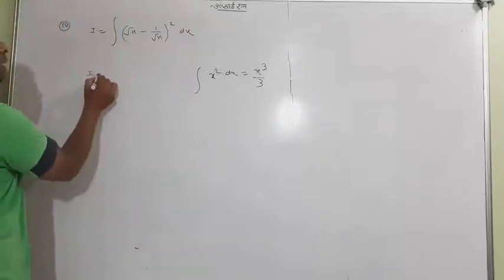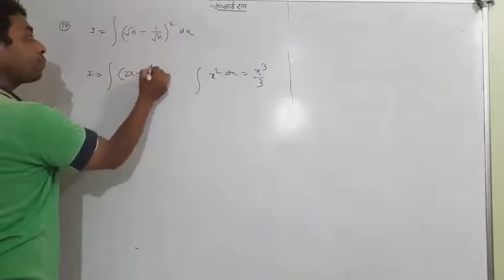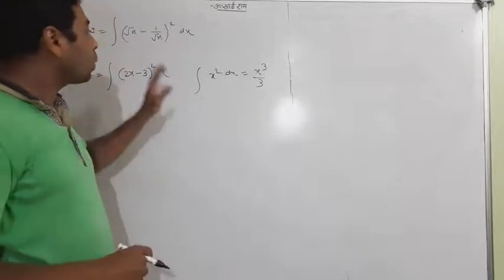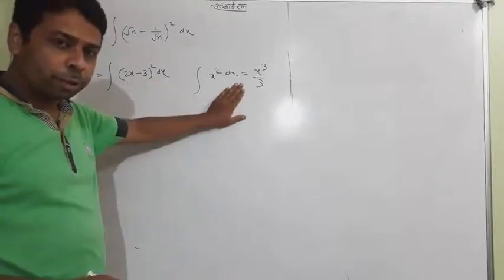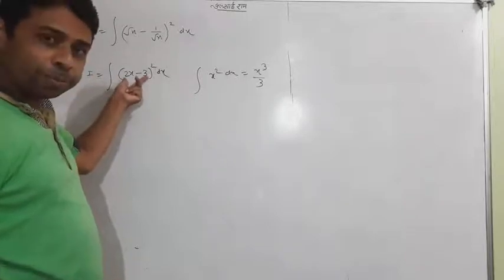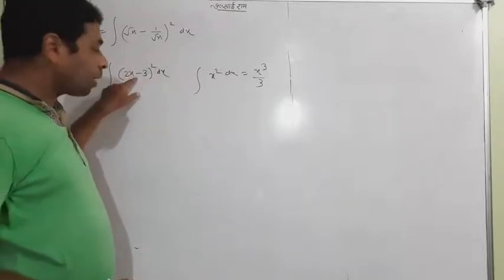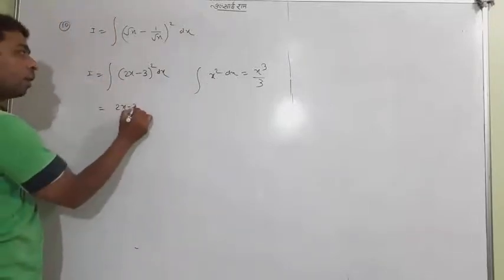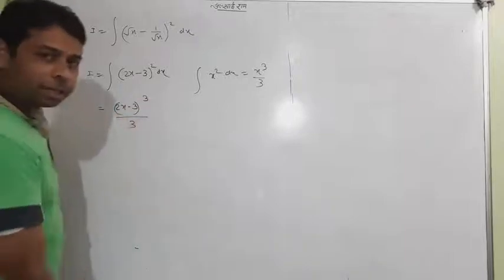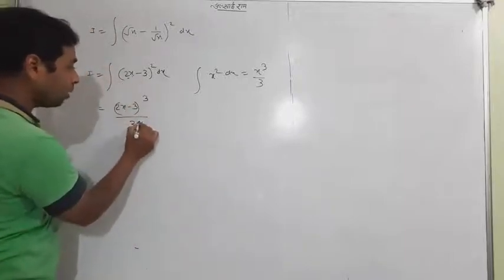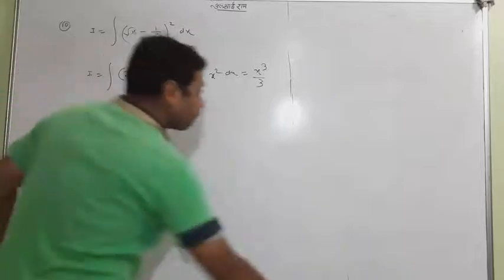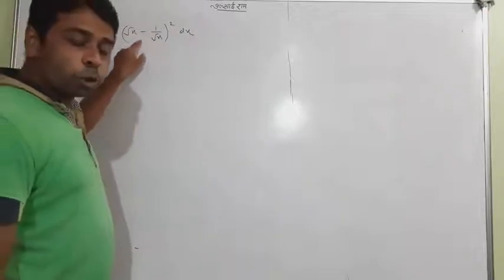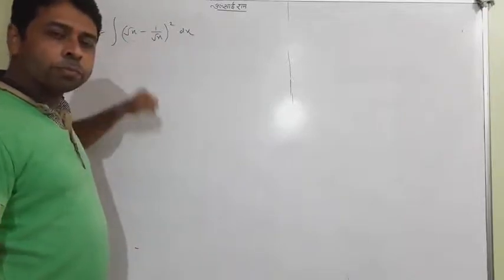If this question were like that, believe me, trust me, you could use the same formula here, whatever you have done before. Because it is a linear form. So if a linear form is coming instead of x, you can use the formula. Meaning you can give the answer like 1 will be added in the power, the same will come in the denominator, but the coefficient of x comes in the denominator. Yesterday I taught you. In this question, this is not the linear form. So student, you cannot use the power form here.